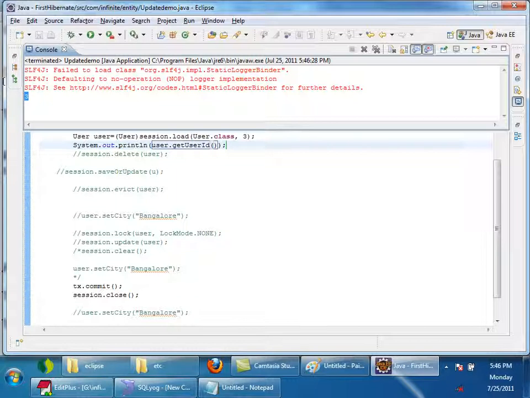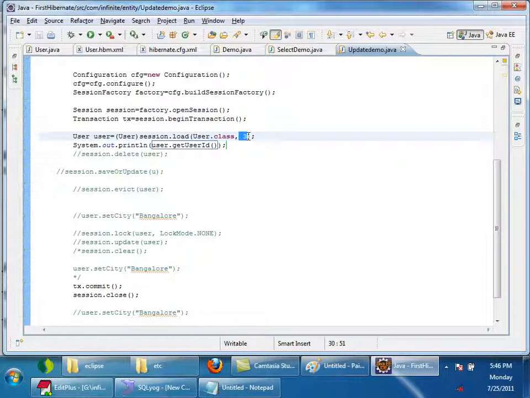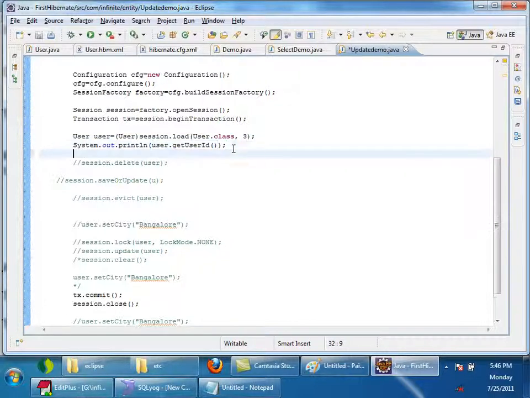It just printed because, without firing a query, it only knows what the primary key is, right? Because we are asking to load a user whose primary key is 3. It didn't fire a query for the primary key either. A proxy always has the primary key. Now if I try to access the first name,